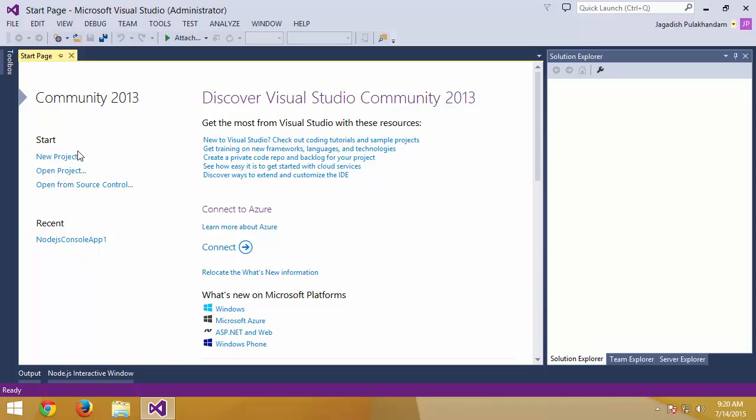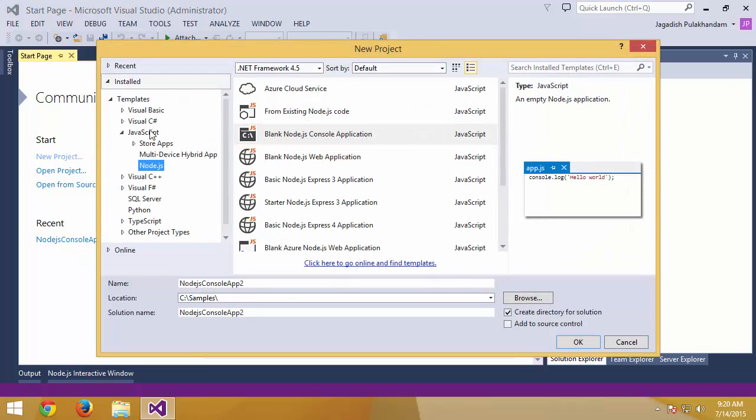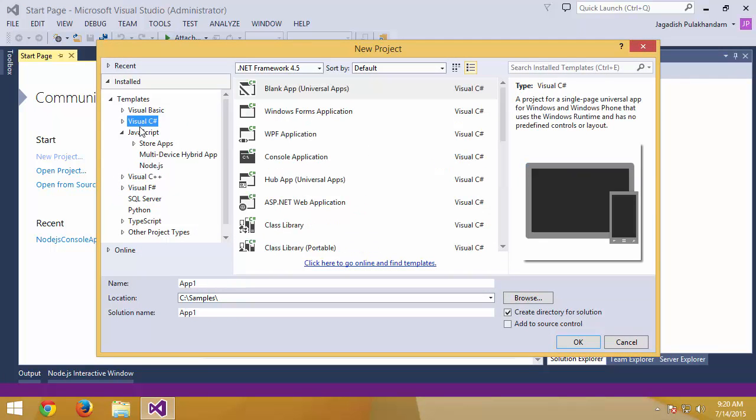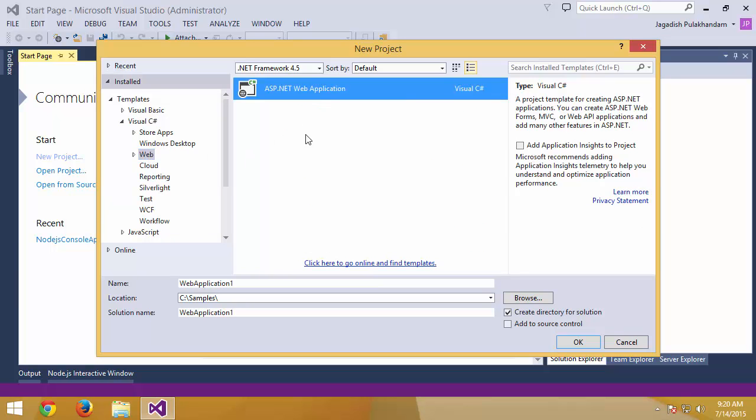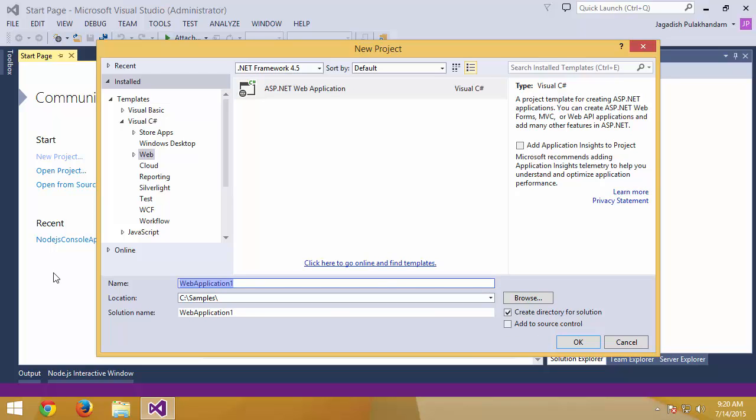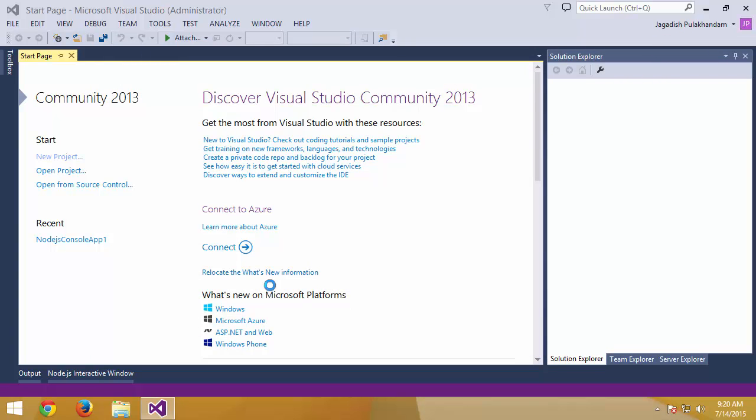So let us start directly by creating a project. I go to Visual C#, and in there I want to select Web and make sure that ASP.NET MVC web application is selected. You can provide whatever application name you would like. In this case, say I would like to go with Sample, click OK,